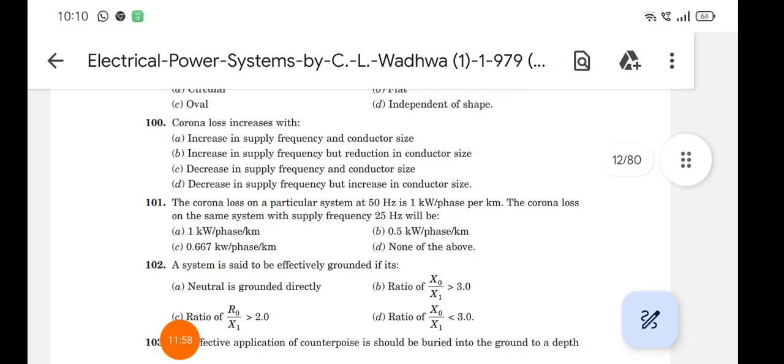Okay, the answer is 0.667, but if I consider the approximation, 0.5 is also there in the options, right? Then we will get a different answer, right? Hence you need to consider P loss is directly proportional to f plus 25. Okay, next,